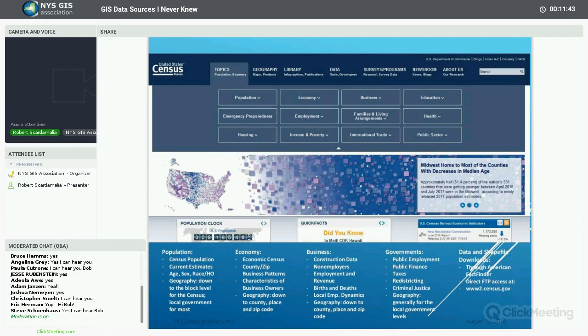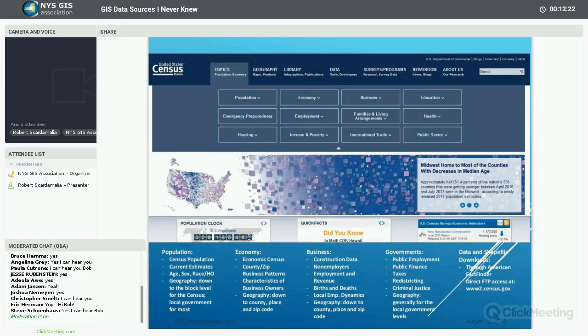The geography isn't quite as precise. Counties, for sure, is a primary unit. Some large places, and in the case of the county business patterns, it's the zip business patterns at the zip code level. Business data, construction, building permits. If you're coming to the webinar from a local government, your local government provides the Census Bureau with information on construction and building permits. Employment information comes out of the economic census, but the census also tracks non-employers, people like me, single-person consultants,